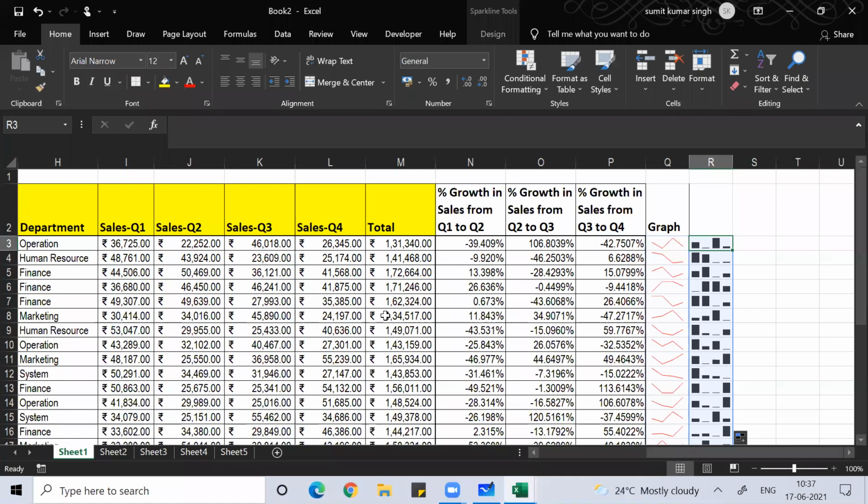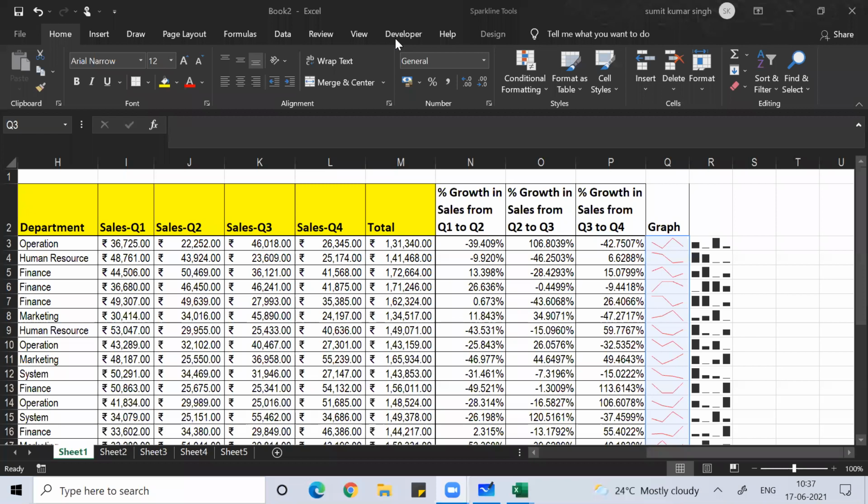This is kind of a histogram. Anyone, any doubt?